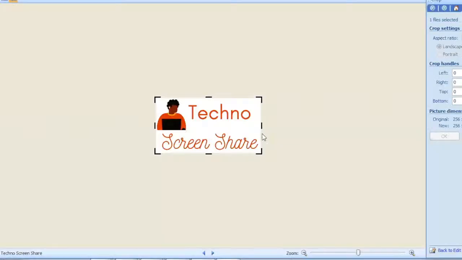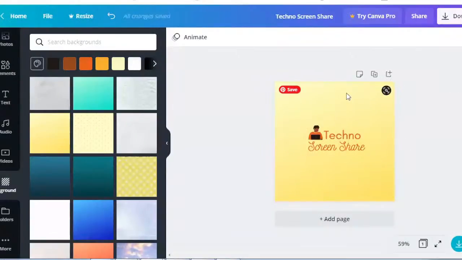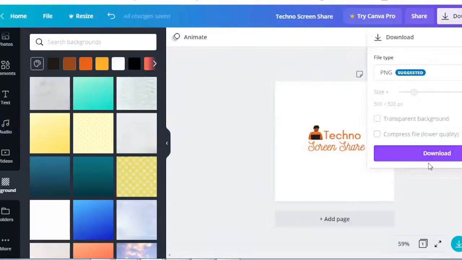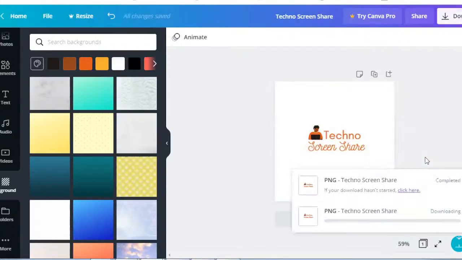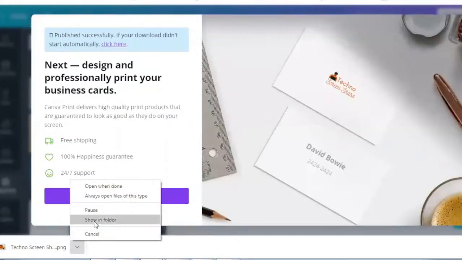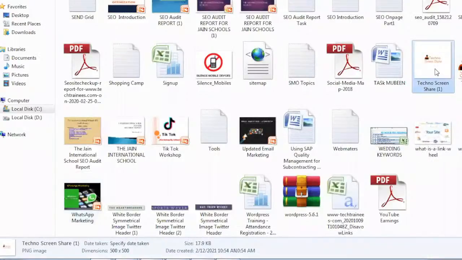Like that you will design our logo, and again it should be cropped.